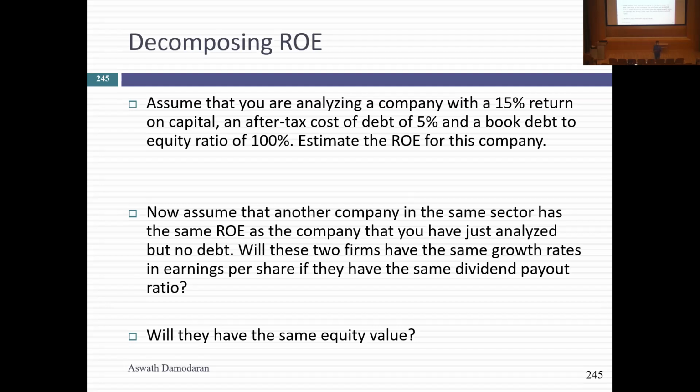Your question? Yes. So I'm looking at Facebook for my project, and they're obviously investing a lot of money in building out the metaverse infrastructure and all of that, and that's not going to be returning any cash to the company for at least 5 years or so based on the latest earnings, right? So how do we factor something like that? I mean, it's a completely new platform. It'll push down the current return on equity, right?